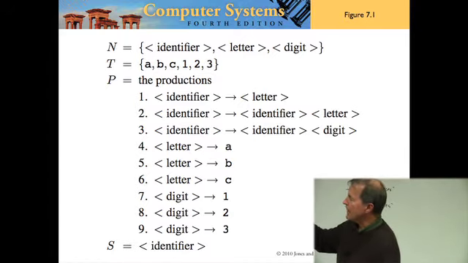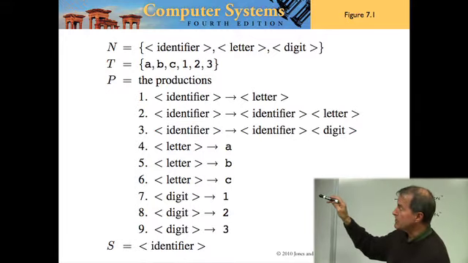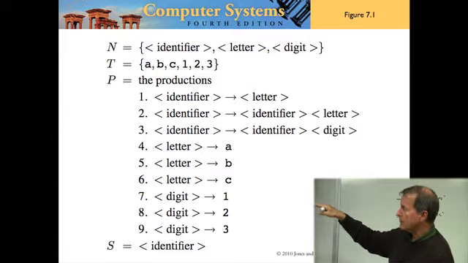The first rule says, an identifier produces a letter. And the second rule says, there's an alternative. These are alternative rules. Another rule is, an identifier produces an identifier concatenated with a letter. The third rule says, an identifier can produce an identifier concatenated with a digit. So the operation there is concatenation, right? And then a letter produces A, a letter produces B, a letter produces C, digit produces 1, digit produces 2,